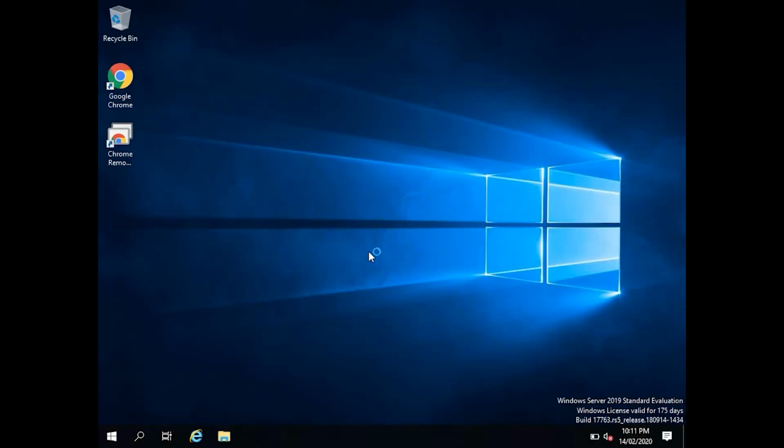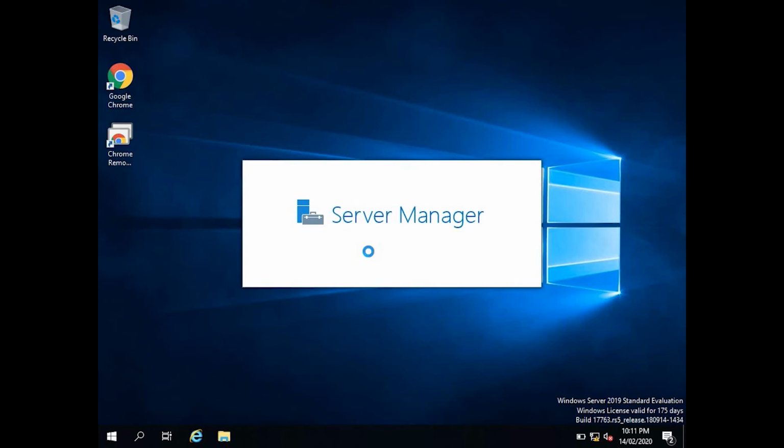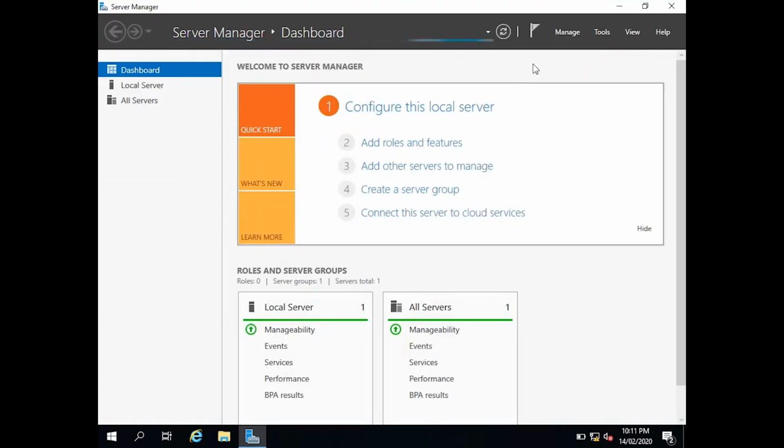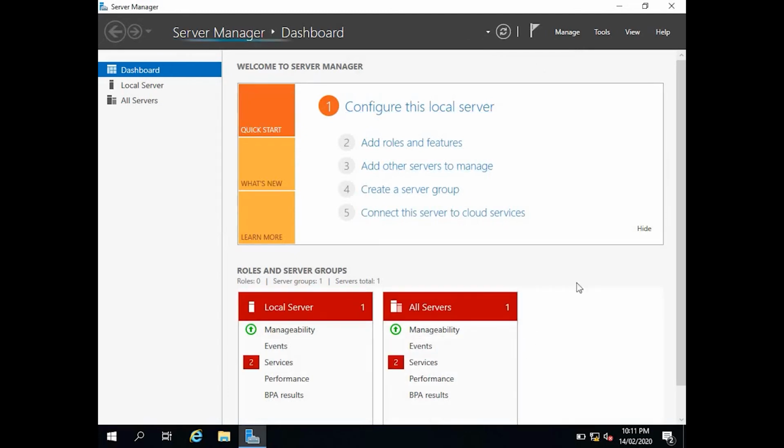So it's gonna be the same for the domain controller, what you had as the administrator password. So now the domain controller is installed,